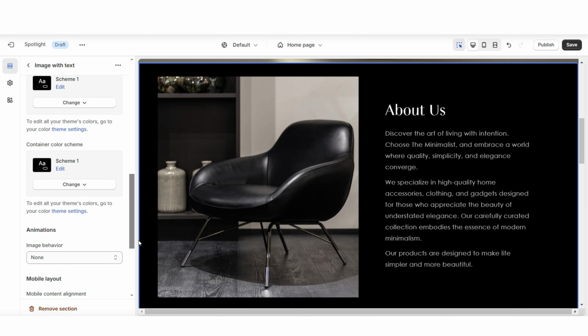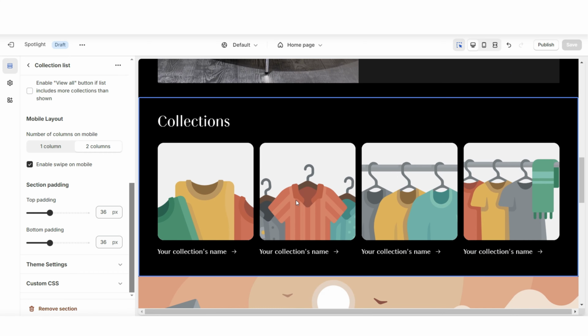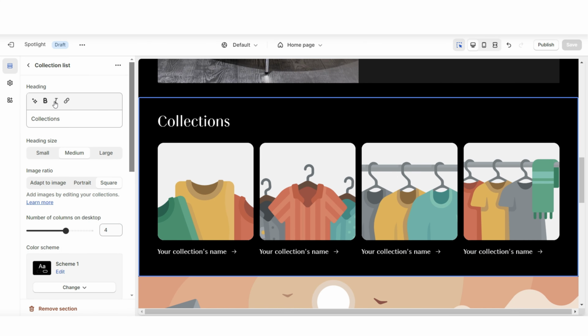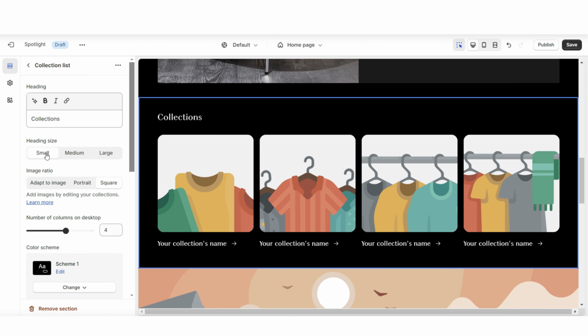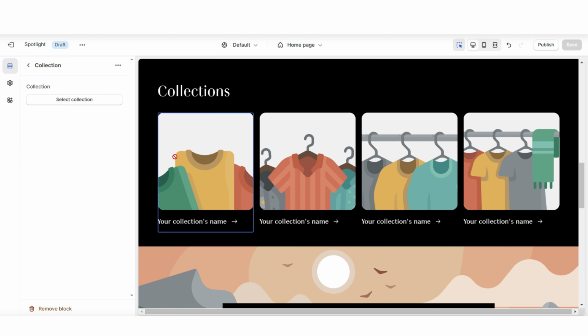Next, I'm going to scroll down, and for the container color scheme, I'm going to set this to color scheme 3. Then for this collection list, right here under heading is where you can retitle this section, and then you'll have the option to reduce or increase the size of the heading text. When you click on a collection, it will give you the option to select which product collection you would like